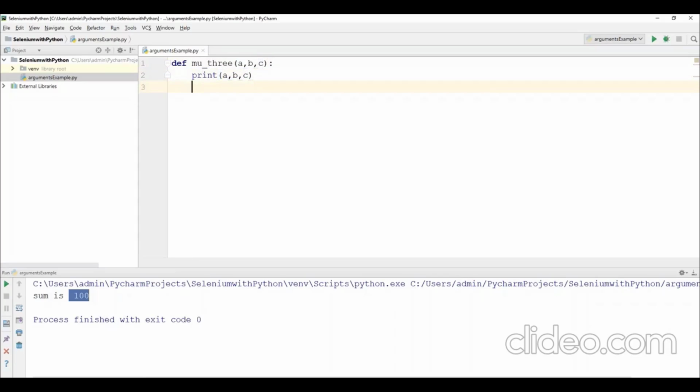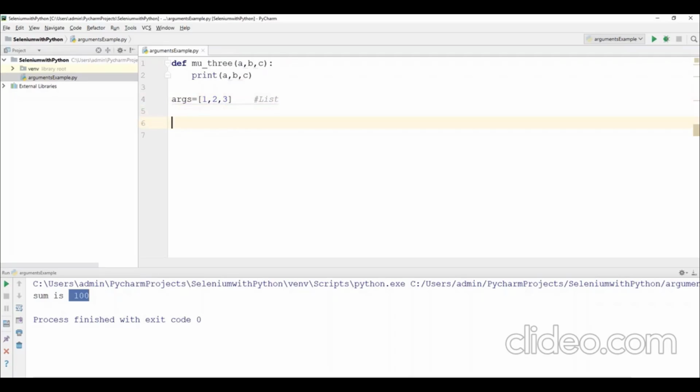Now what I will do is come out from the function. Here I will create a list. Let's say args is equal to 1 comma 2 comma 3. So this is a list type of variable. Now I want to send this complete list to this function. So I have 3 values here, 3 arguments. I want to pass these 3 arguments in a, b and c. So how can we pass these 3 arguments at a time?